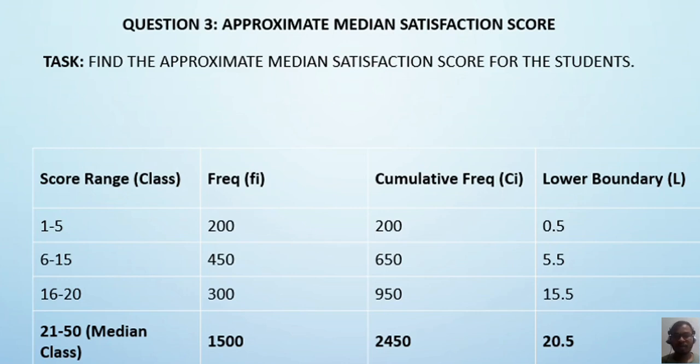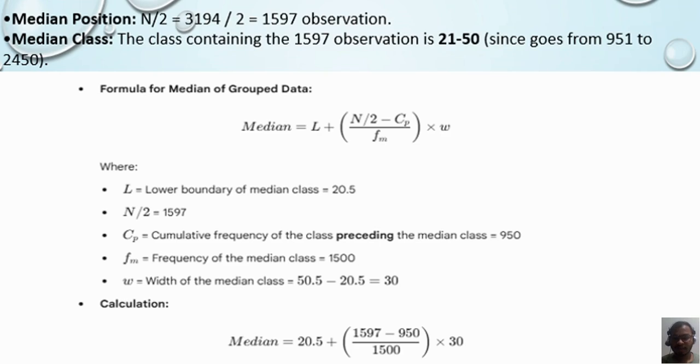And question number 3, approximate median satisfaction score. Task: find the approximate median satisfaction score for the students. Score range here, written down. Frequency, lower boundaries, and median position n divided by 2, that is 3194 divided by 2, that is equal to 1597. Observation: median class, the class containing the 1597th